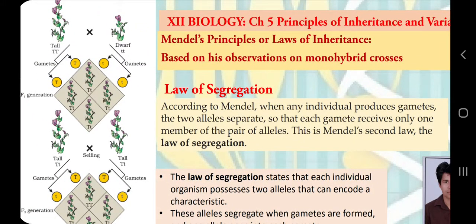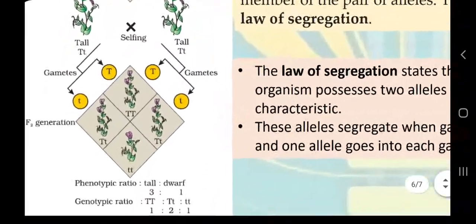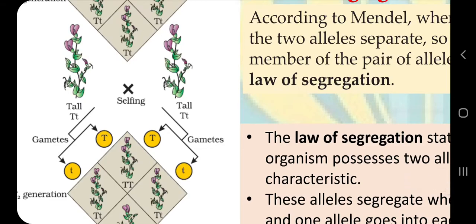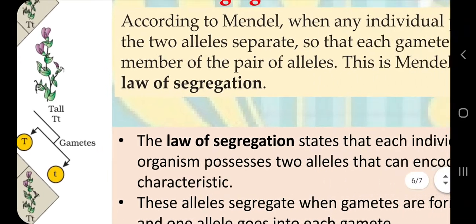What is this law and what do we mean by segregation? Segregation means separation of things. So here segregation means the segregation of alleles during gamete formation in any individual. See, again, the reappearance of the recessive character in the F2 generation confirms that each individual of the F1 generation, or any generation, has 2 alleles for one character. And in the F1 generation there are hybrid organisms having one allele for dominant and the second allele for recessive. So what is the law of segregation?